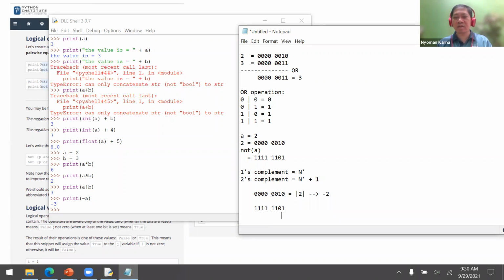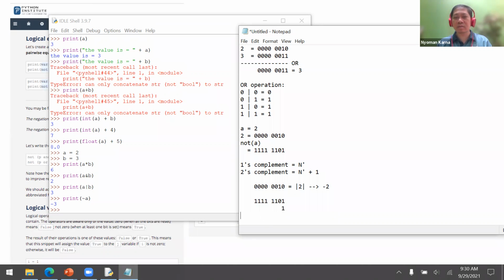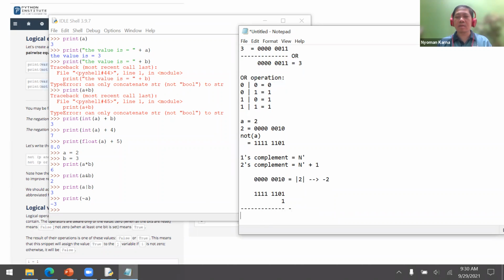First subtract this one with 1, so it will become 1, 1, 1, 1, 1, 1, 0, 0.